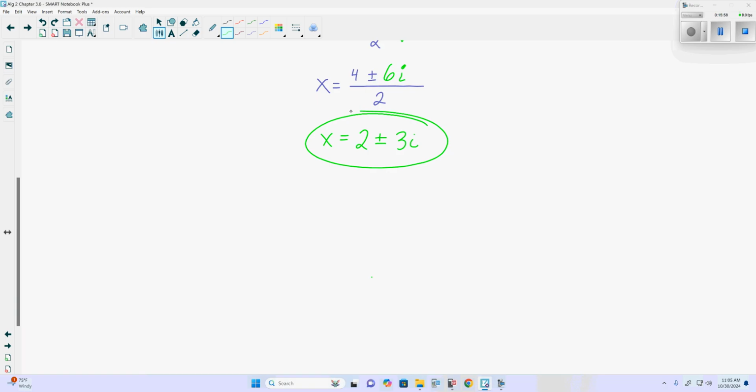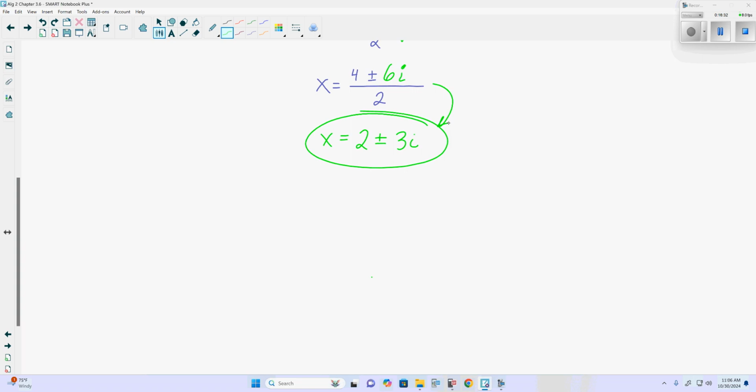And I'd say especially on the test, I'd be stepping this process out. Because if for some reason on the test, this last part, the simplification, goes awry, if you do have at least the 4 plus or minus 6i over 2, I will still take it because that is the correct answer. It just means that the simplifying would be next week. Because that's less of you actually using the quadratic equation to solve it and more just simplifying. But,